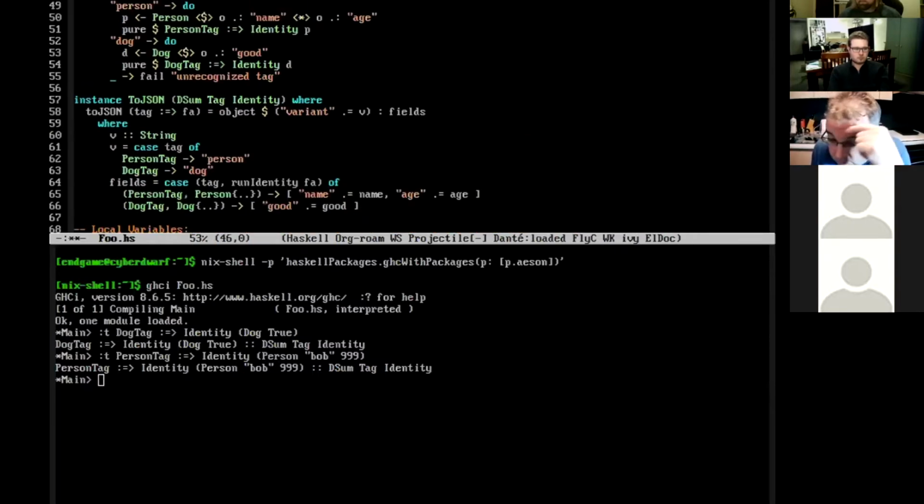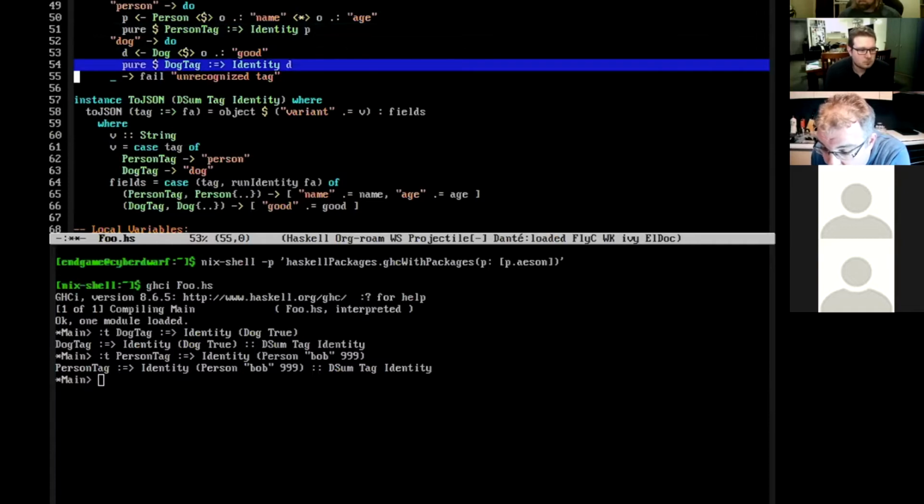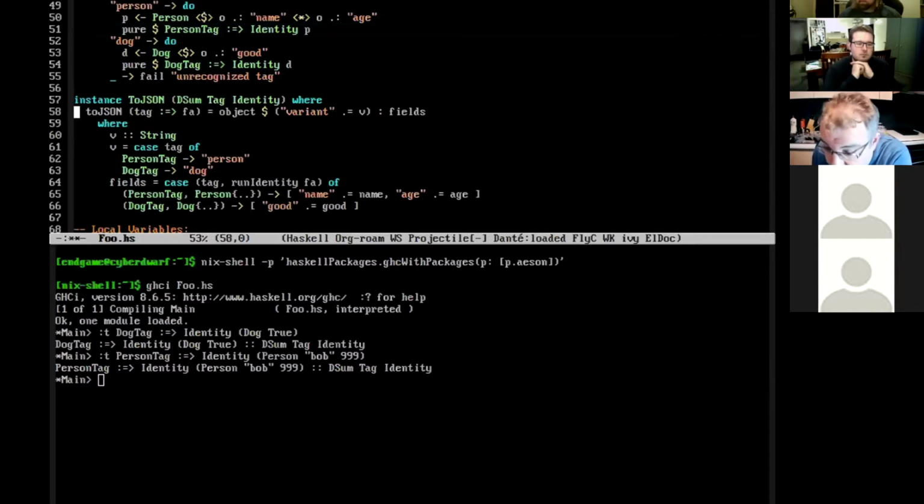And so this is the sort of thing it will look like. So you parse out the variant, and then once you know what the variant is, you attempt to parse a person or you attempt to parse a dog, and then you return the assembled dependent sum.